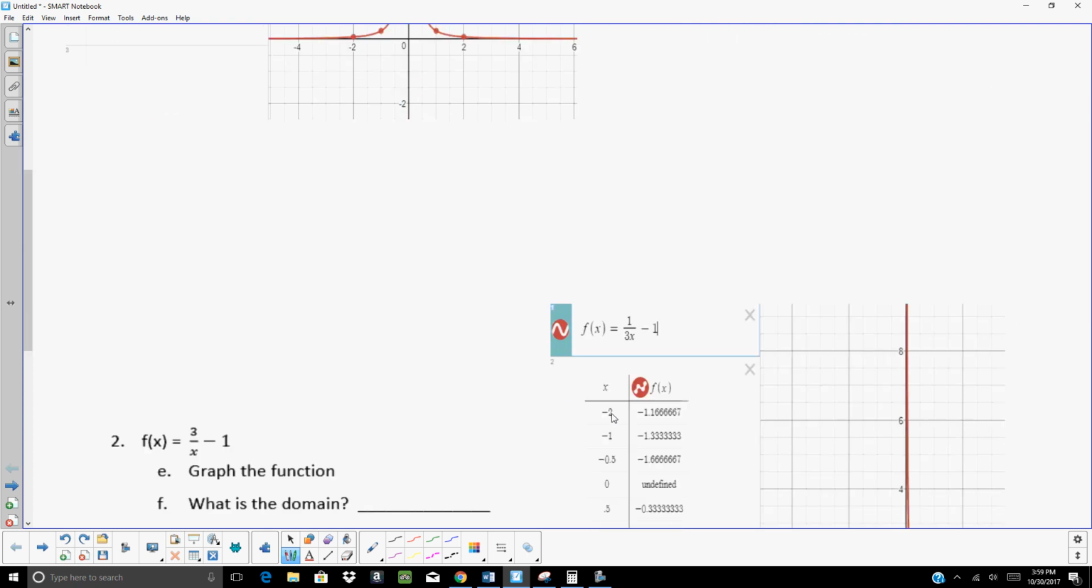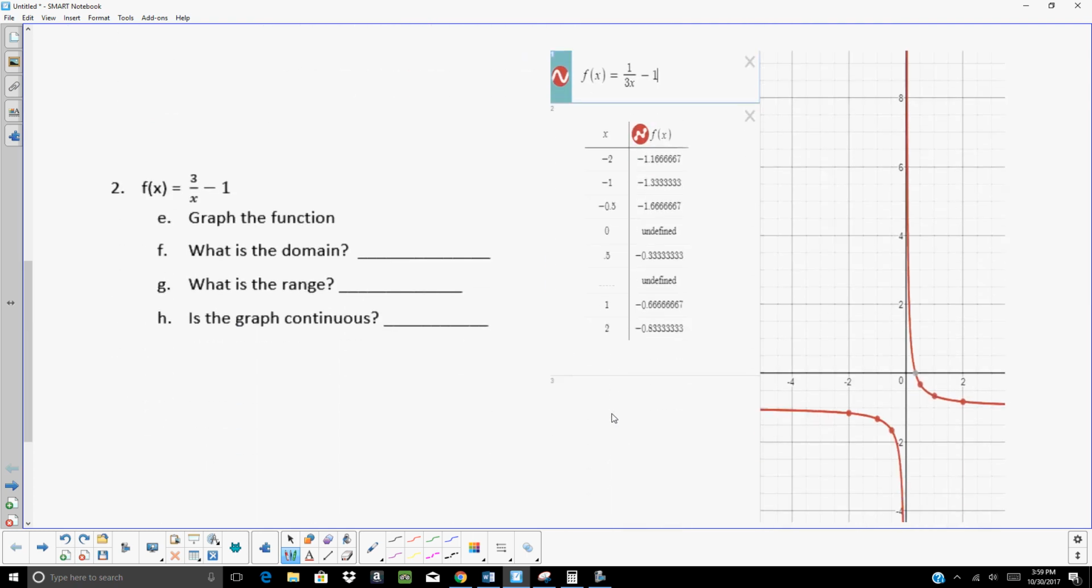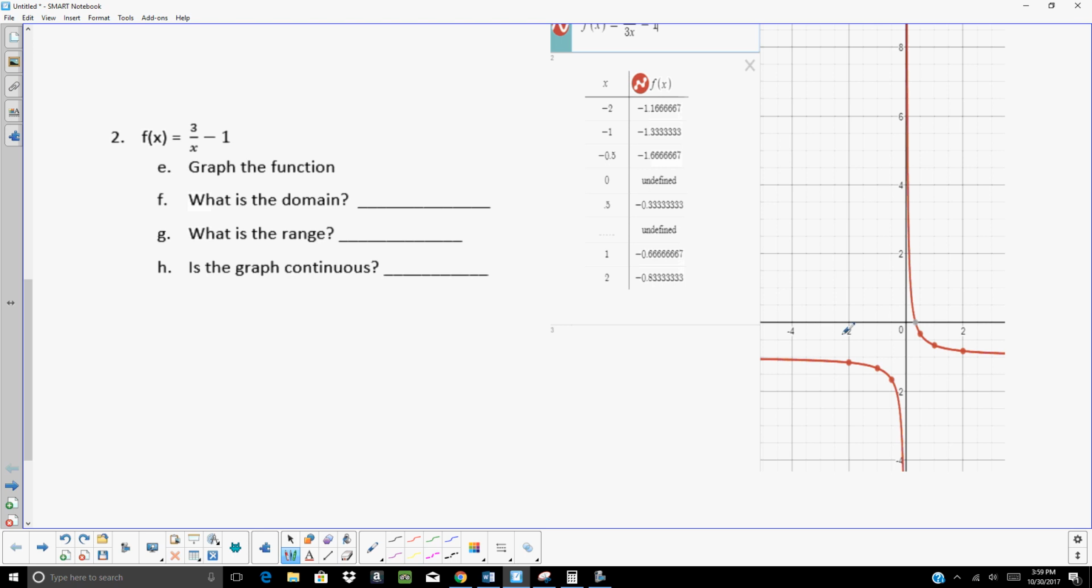All right, the second problem is very similar. The graph looks a little bit different. It's been shifted down one. So we actually have a horizontal asymptote right there, and we have a vertical one right there. So our domain is all real numbers, but x cannot equal 0 because that is where I am having a